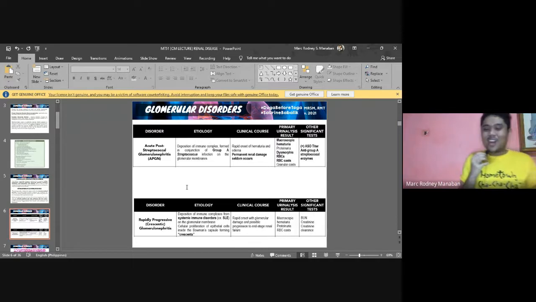And aside from ASO, of course, you have the other anti-streptococcal enzymes, such as your anti-DNase B. Alright, ang mga streptozyme testing. So, I hope na remember pa ninyo, no? Sa IS and even sa back test. So, those are the possible significant tests.